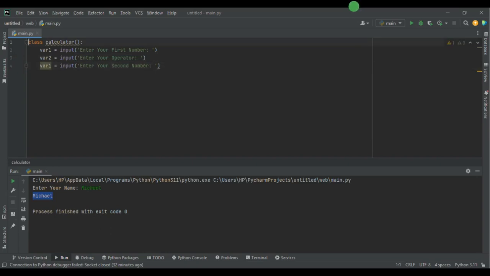Now, after this we're done with what we want to complete. Let's create a def function, and let's name this one calculate. We're removing the self, and you guys can leave the self in if you want. So now in this calculate, what do we need to do? We need to create some if statements. I'm going to say if the operator, which we saved in the variable called vav2, is equal to plus, we're going to put the plus in string, then